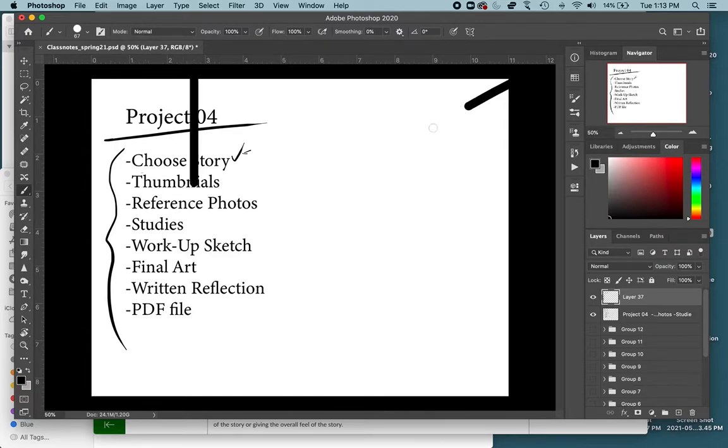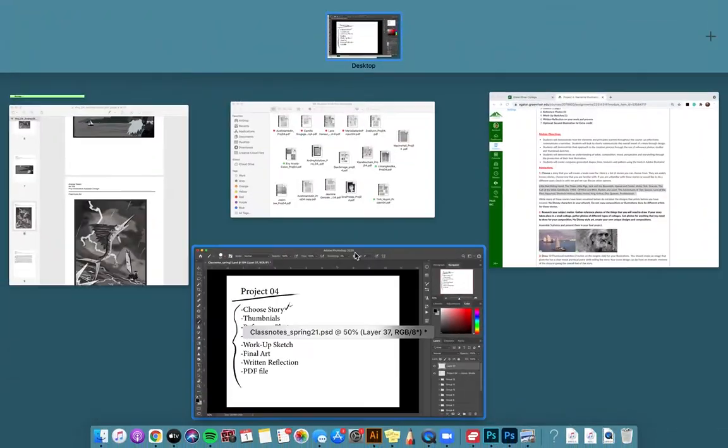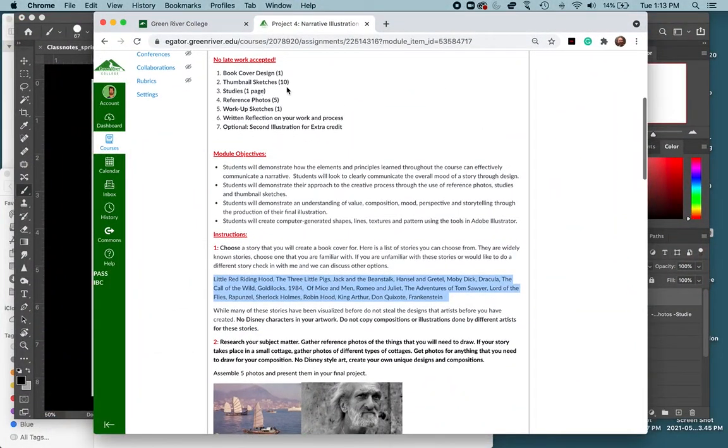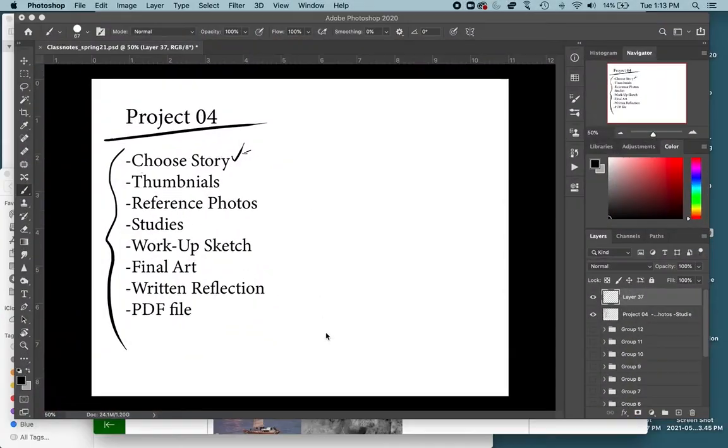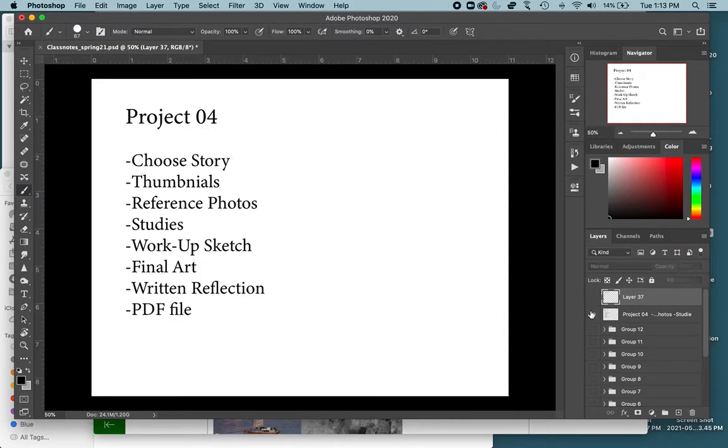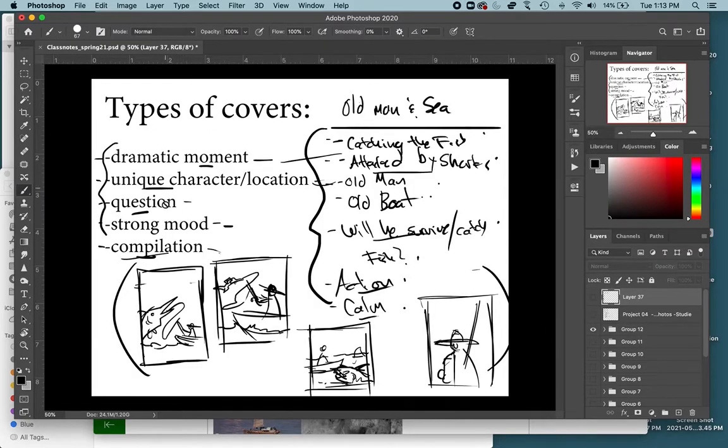Thumbnails. So how many thumbnails do you guys need? I think you need 10. Yes, 10 thumbnails at least. So each thumbnail should be for that one story. So if your story is Jack and the Beanstalk, you'll have 10 different thumbnails showing different scenes, different locations from that story. So in the previous video, I went over those different types of covers. So use that to help you